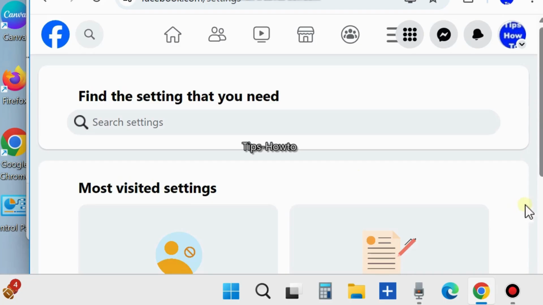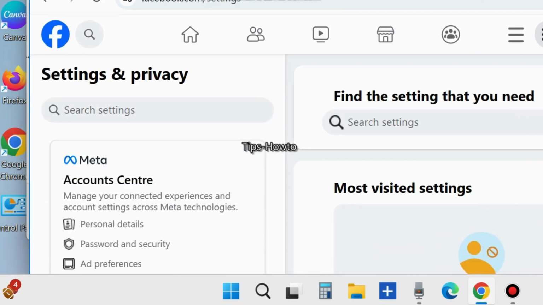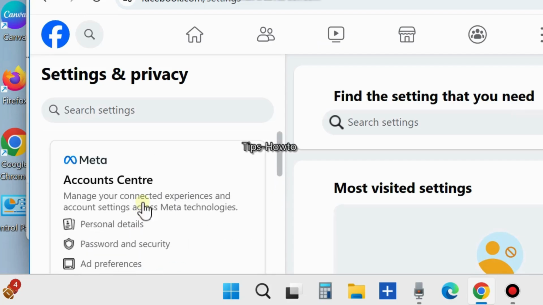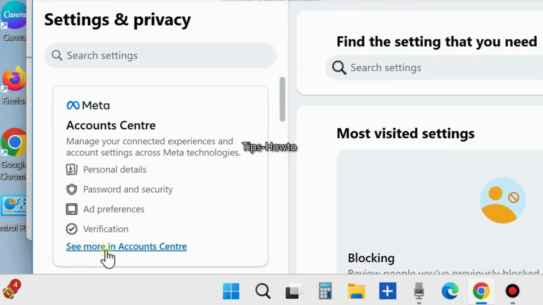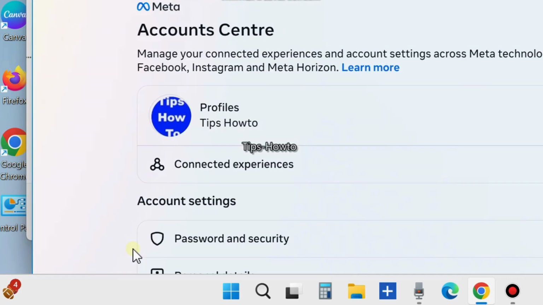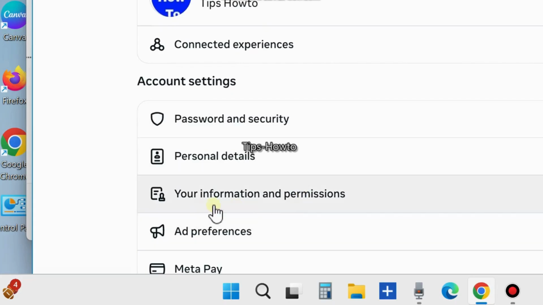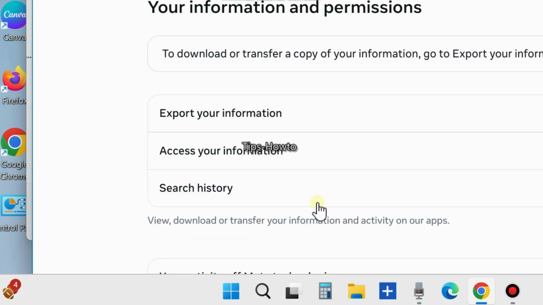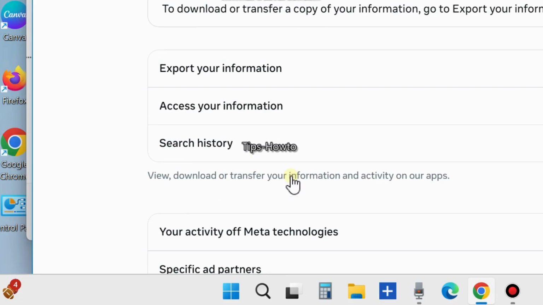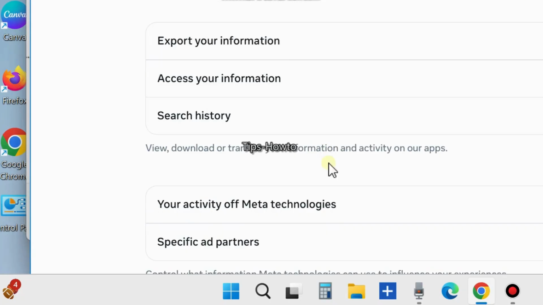The settings page will now open. Here, from the left side you will find account center. Here choose see more in account center. Here choose your information and permissions. Here scroll down,